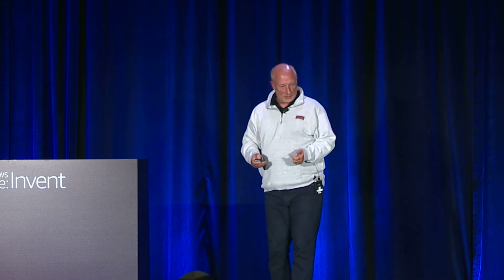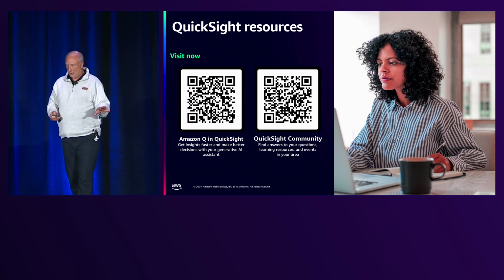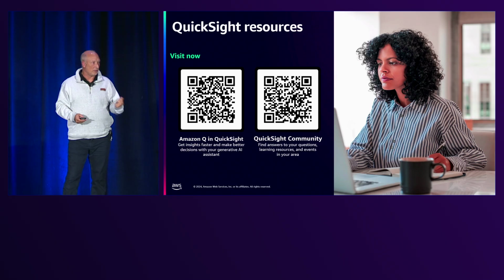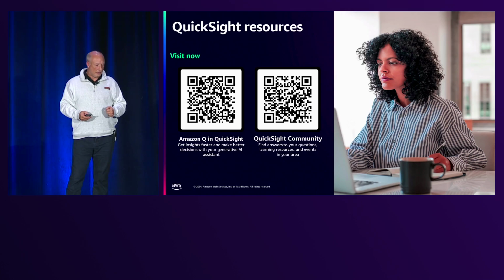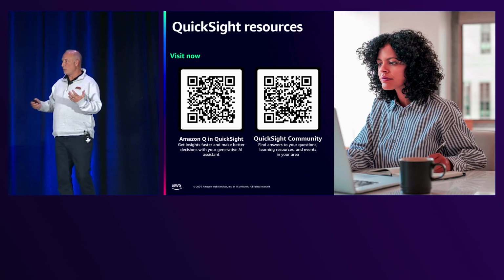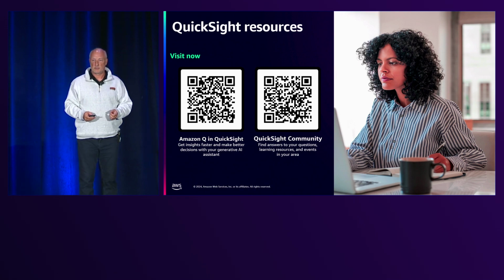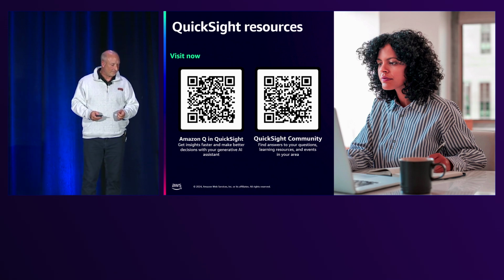I've only got a couple minutes before we run out, so I'm going to blast through a couple slides. I'm going to skip through a couple things, but I wanted to make sure you had a couple resources if you want to take your cameras out and go through this. If you're not a member of the QuickSight community, I would highly recommend it. It's where you get a tremendous amount of answers from fellow people, experts that work on QuickSight. And it's a growing community. It's actually the fastest growing one in AWS, so I'd encourage you all to take advantage of that.